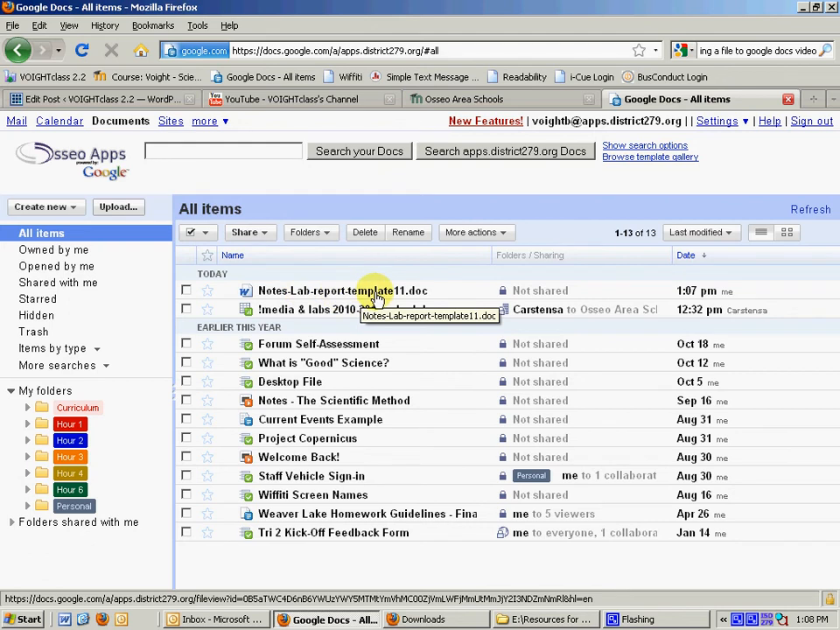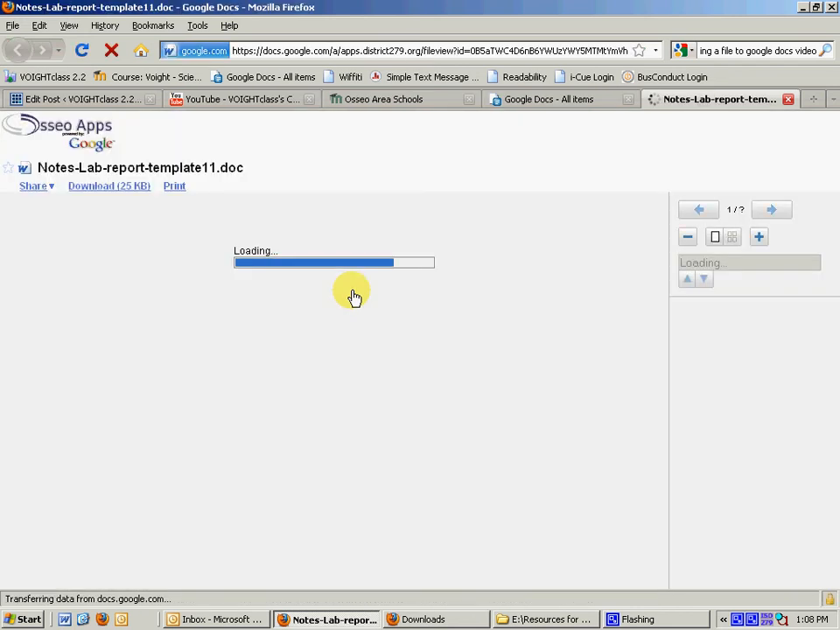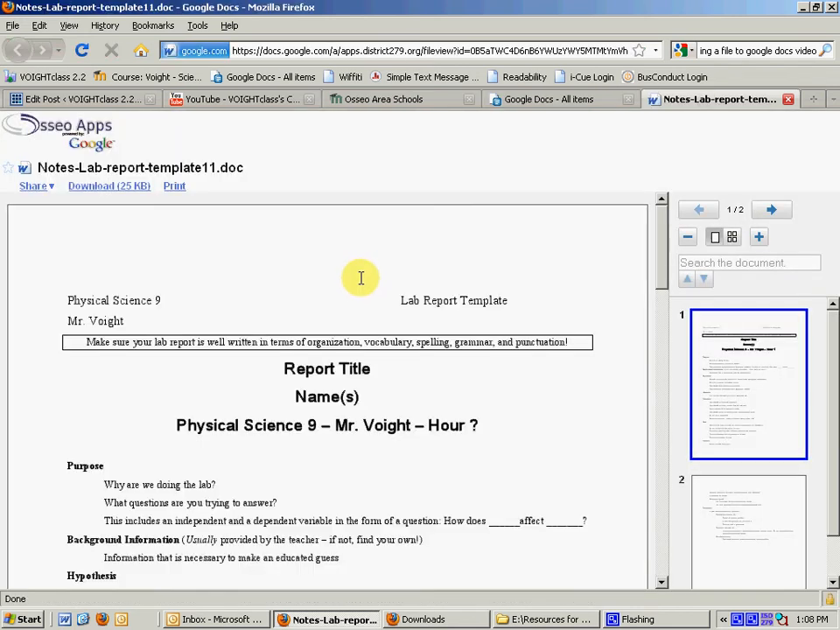What you can do is you can click on your name, and once you've clicked on the file, you are going to then click